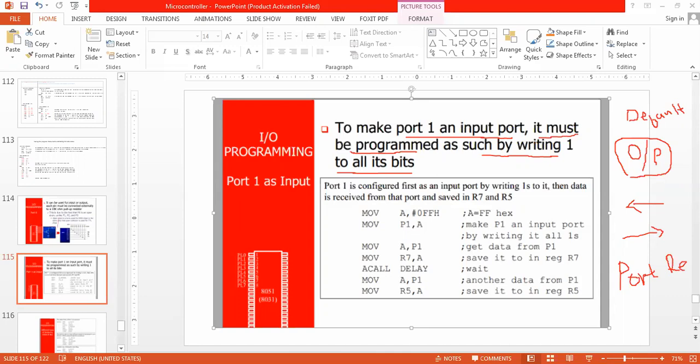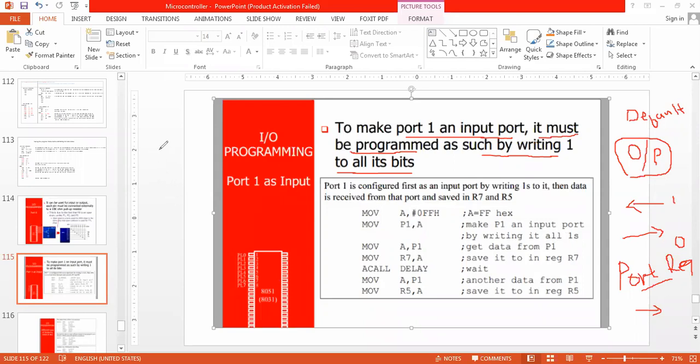If I write 0 upon a particular port register, then that hardware port will work as output port. If I write 1, then that hardware port will work as input port. You should remember this.